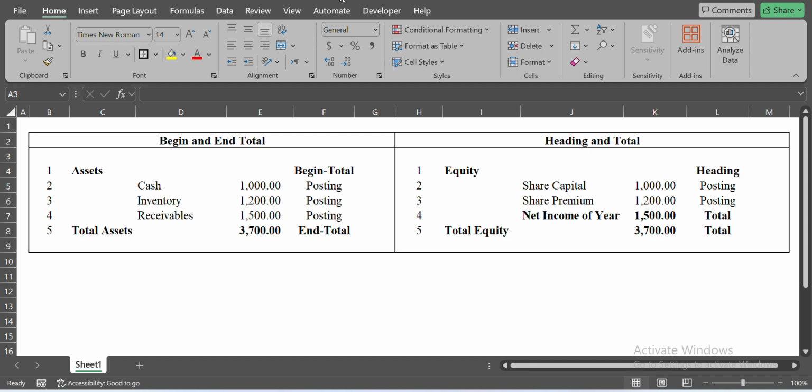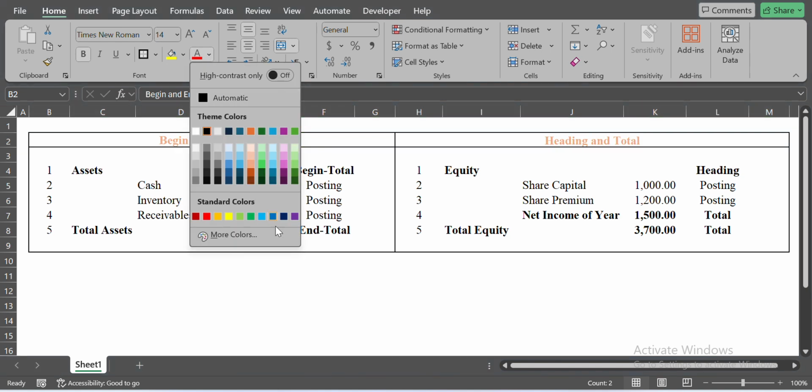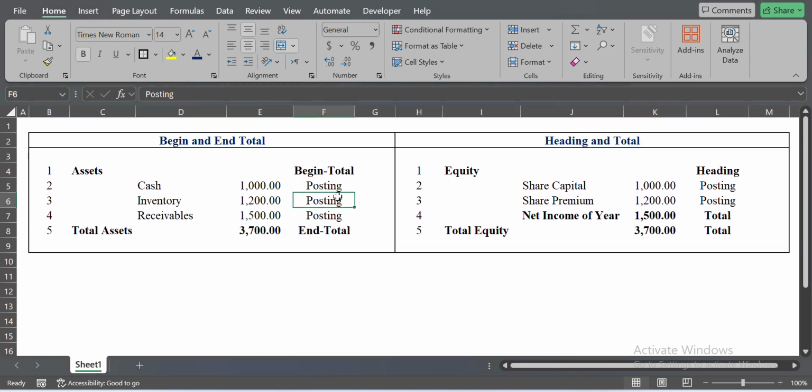Okay, so you can see in the top that I have created two different sides of the table over here. One with the name as begin and the end total, and the other with the name of heading and total. I just want to explain to you what is the difference between them. Okay, so on the left side, which is the easy part, you can say, the assets and the total assets,